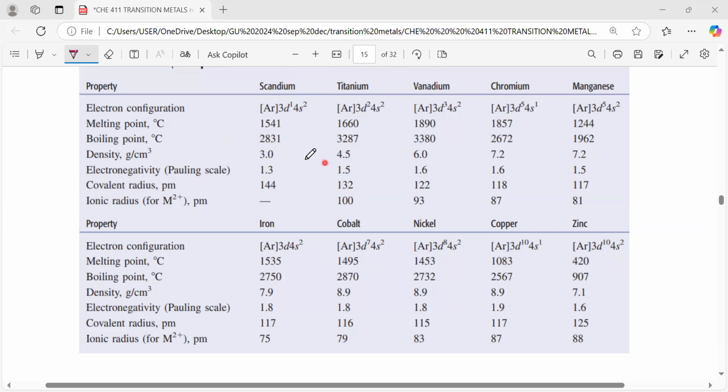Why is the melting point increasing across like that? Because the radius is getting smaller and smaller. We can see that there. Then why is the density again increasing? Because you are getting smaller and smaller for the radius. What about the melting point? Why is the melting point increasing? It's because we are getting towards D5, and as we get towards D5, more bonds form or more electrons occupy